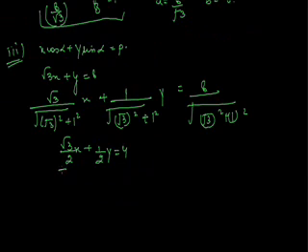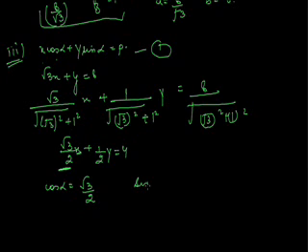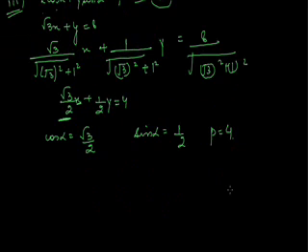So from this I can say that cos alpha is equal to root 3 by 2, as in x cos alpha, x is given here and cos alpha will be replaced by root 3 by 2. Sin alpha is given by 1 by 2 similarly, and p is given by 4.